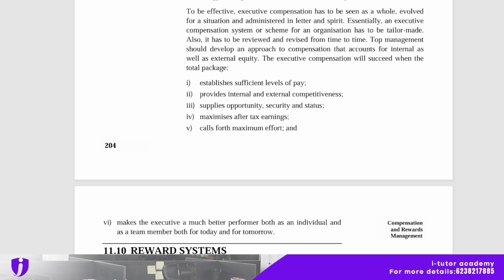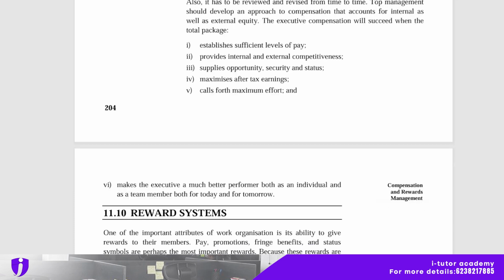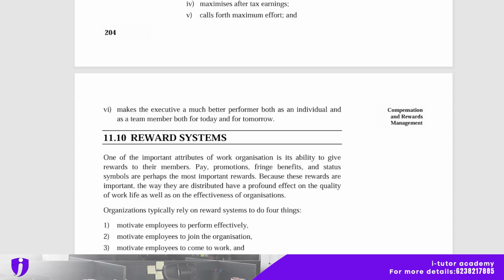And next is reward system. One of the important attributes of a work organization is its ability to give rewards to its members. Pay, promotion, fringe benefits, and status symbols are perhaps the most important rewards. Because these rewards are important, the way they are distributed has a profound effect on the quality of work life as well as on the